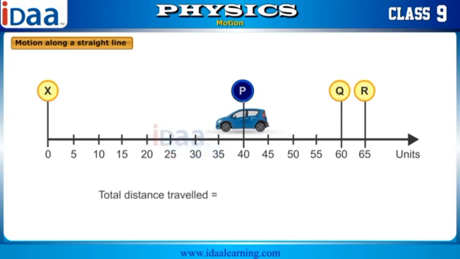The total distance traveled by the object in the course of its travel is 40 plus 20 plus 5 plus 25, which is 90 units. In physics, the word distance is used to indicate how much the object moved, irrespective of direction, with respect to a reference point. Displacement, on the other hand, needs both magnitude and the direction for its description. In the example, we see that the object has moved just 40 units if we compare the initial and the final points of its travel. So the displacement of the object is 40 units to the right.